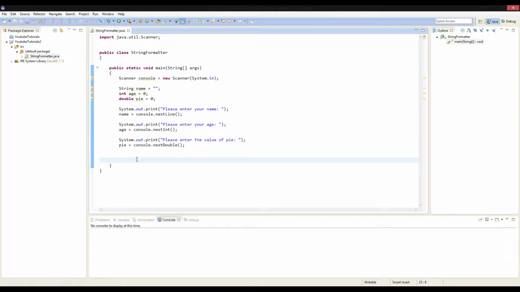So there are 2 different methods for actually formatting a string. The first one is to actually make a string. String sumString is equal to String.format, and then you have to input 2 variables, format and args. Or if you just want to print directly to the console without actually storing the string first of all, you can just say